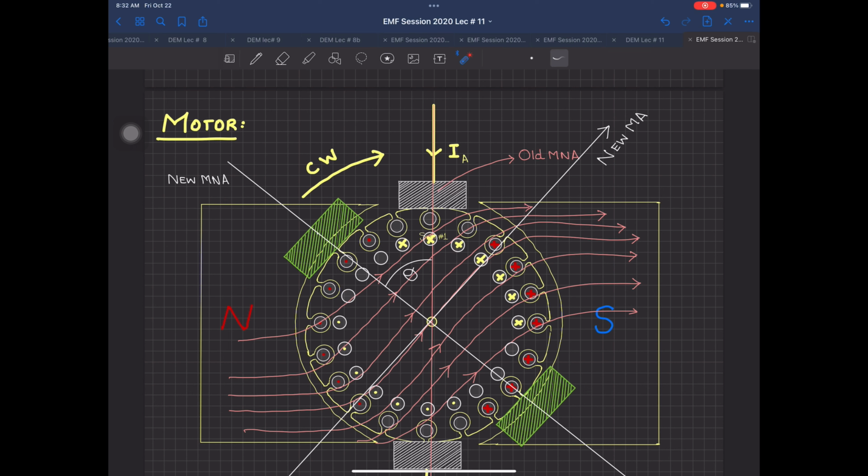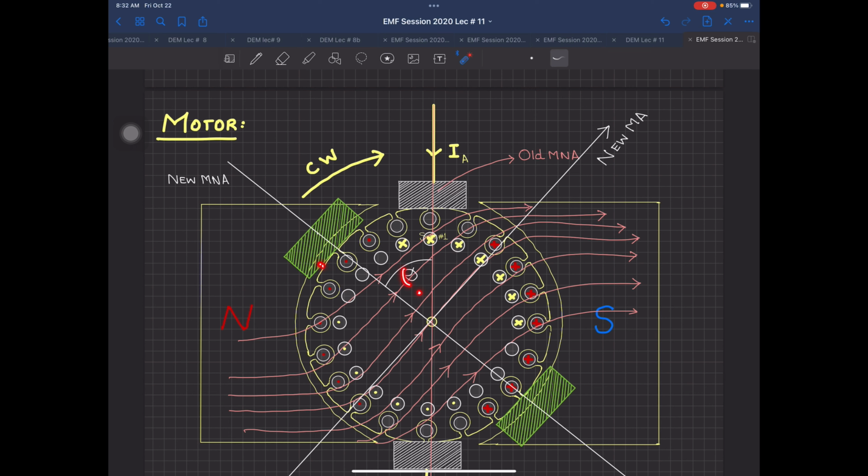problem permanently, because if the load changes on the machine, this angle theta, which is the shift over there, will be variable. When the load on the machine is small, this theta will be small. When the load on the machine is large, phi a would be large, so this theta angle will be variable. Now, if your machine is working in some paper industry or some cotton industry, and it is working at a constant load, one type of load, whose load current is constant, then you can apply the shifting of carbon brushes. Then it is workable. But this problem is not solvable by shifting of carbon brushes.